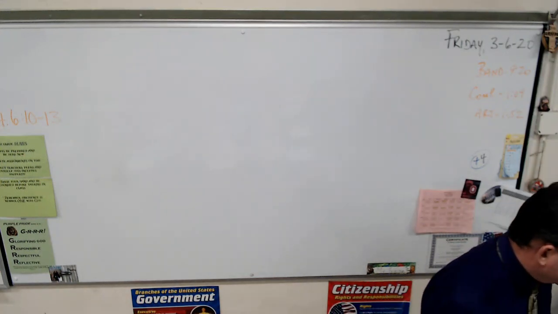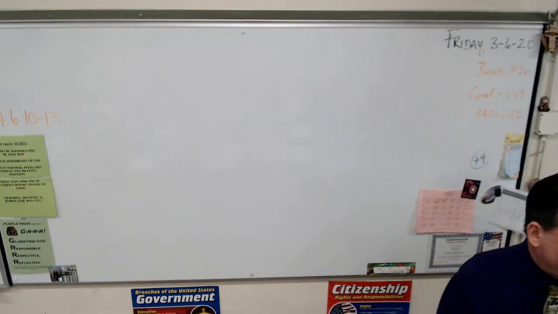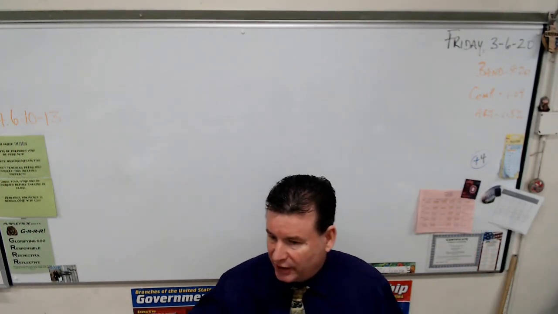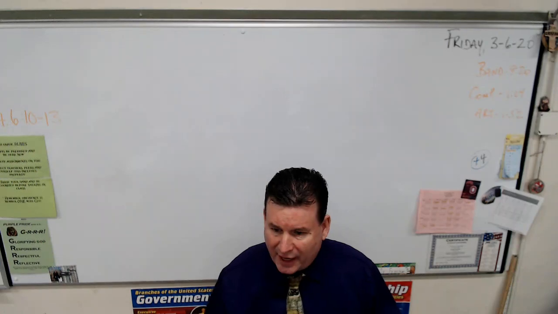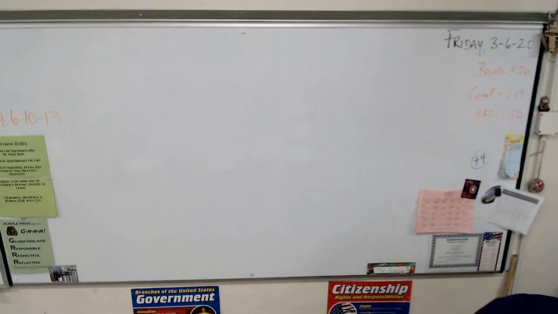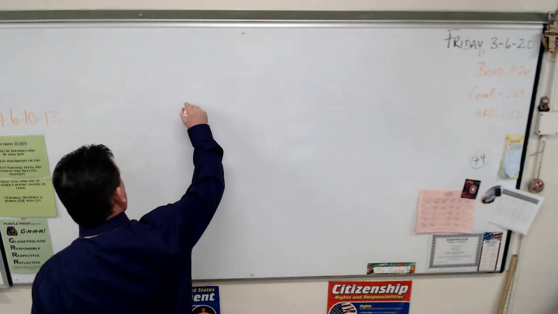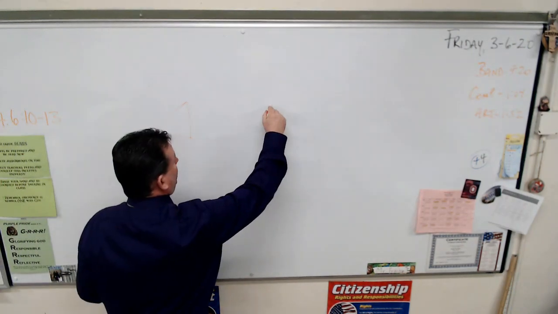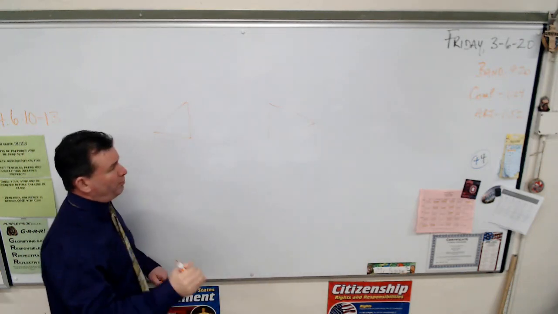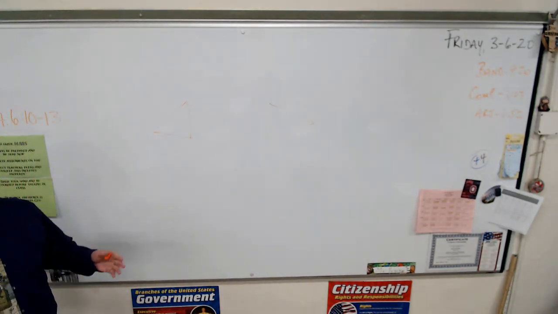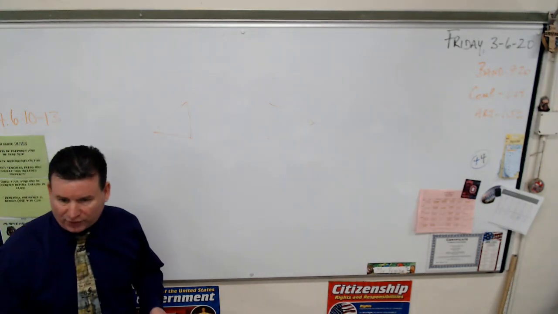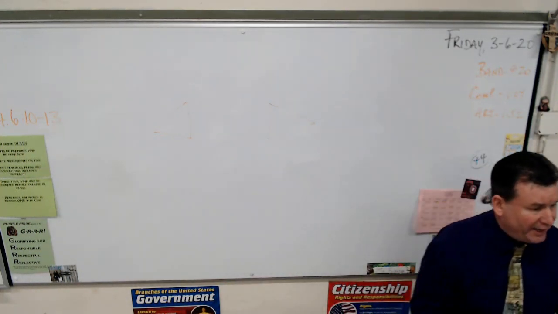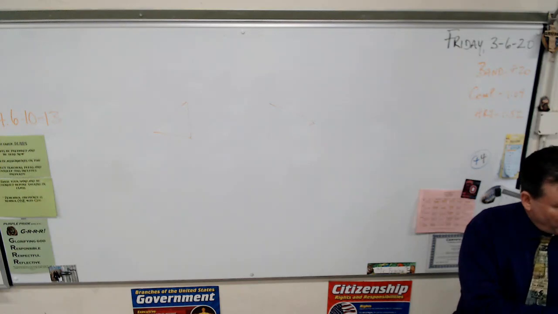Okay? So we recognize that shapes can be exactly the same, even if, listen to this word, they're oriented differently, right? So I can have a triangle that is, and I'm not drawing it perfectly, of course, pointing left, and I can have that same exact triangle pointing right. They're still congruent, they're just oriented differently, right? Okay, so we're going to start today learning that now that we know they could be the same,